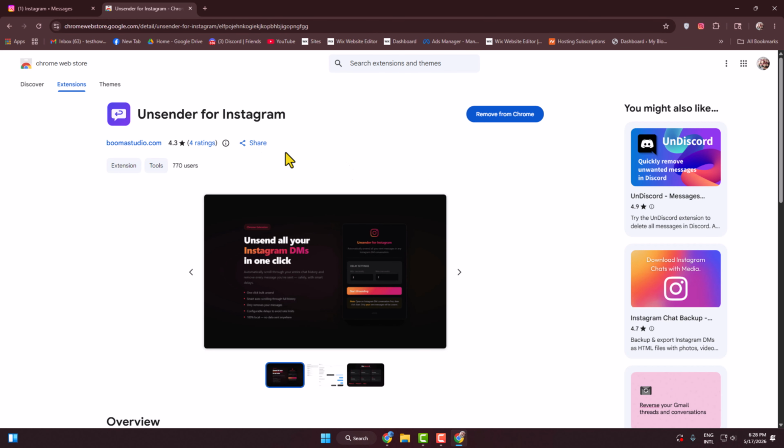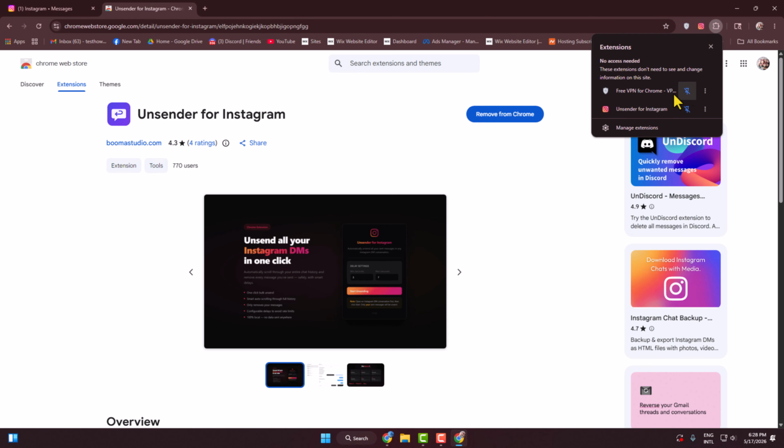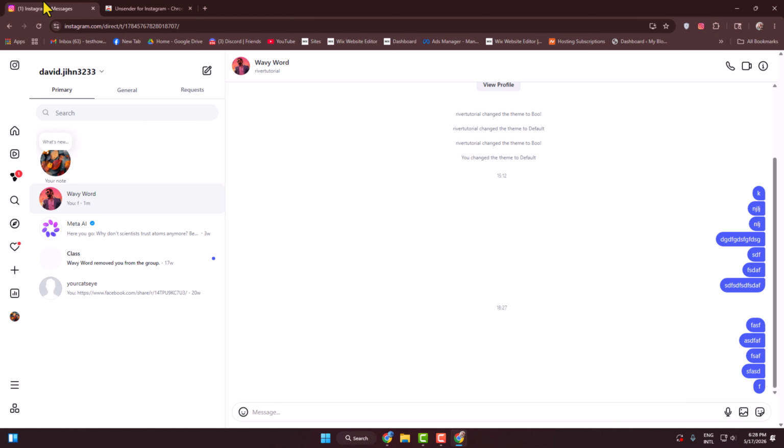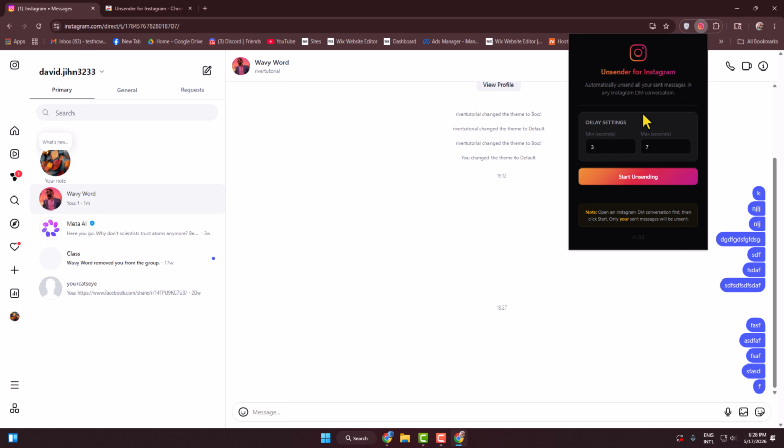Now all you need to do is add this extension, unsender for Instagram, that comes from boomerstudio.com. So add this extension to your browser and also make sure to pin this extension. Now all you need to do is go back to your Instagram, navigate to the chat or conversation you want to delete or unsend multiple messages for, and from the conversation tap this extension icon, and for minimum seconds here give 1,